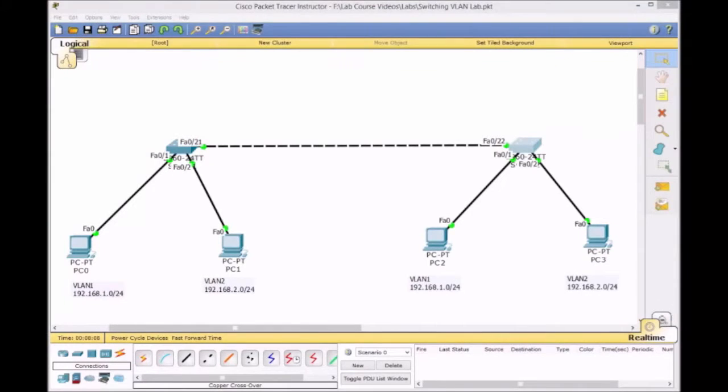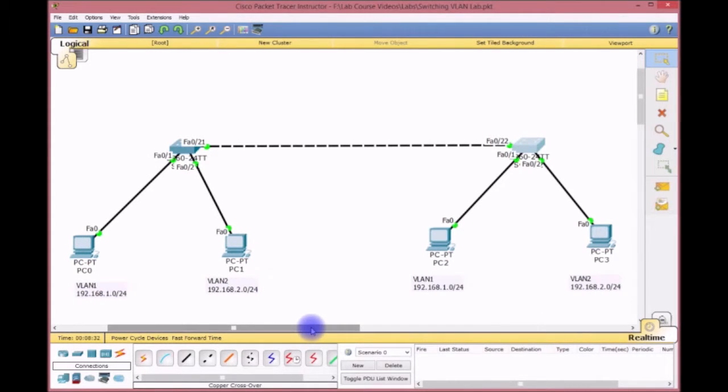All right, welcome back. And here now is a similar topology, but you notice we got two more PCs, and now the subnets have changed, right? We have the subnet for VLAN 1 as 1.0. You see VLAN 1 on the other side as well, 1.0. And you have VLAN 2, 2.0, and VLAN 2, 2.0 here as well. Looks similar to something that you may see or encounter in your test as far as connectivity is